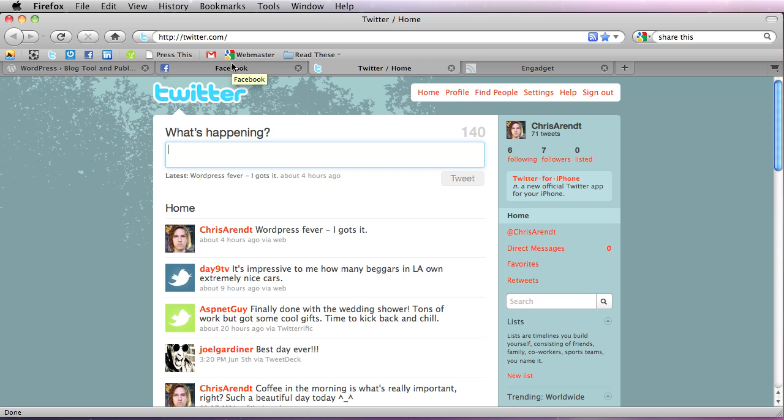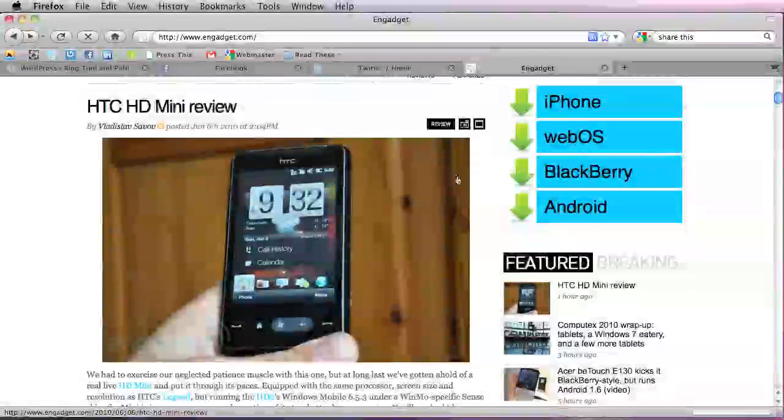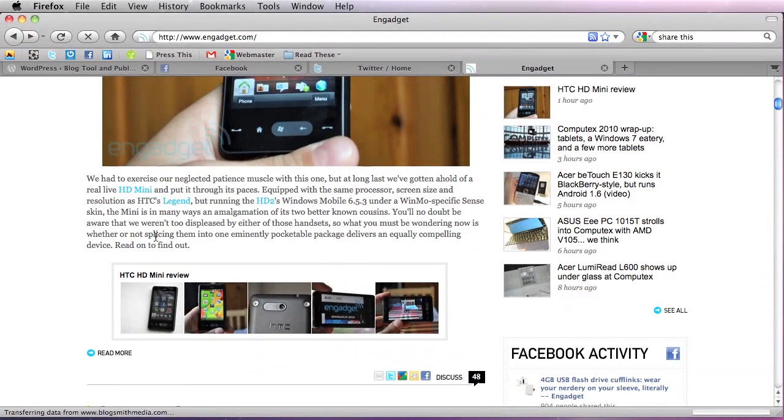Now, Facebook and Twitter can also interact with your main blog. So let me open up Engadget. And as I scroll down, this is sort of like a blog, right? It has a main news article, and it's talking about the new HTC phone. But at the bottom here, we have a share on Twitter link and a share on Facebook link. And if I click this,